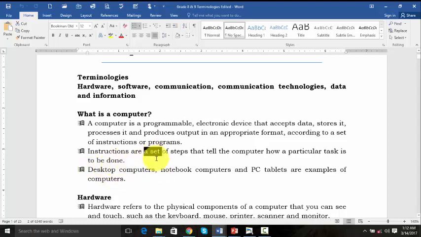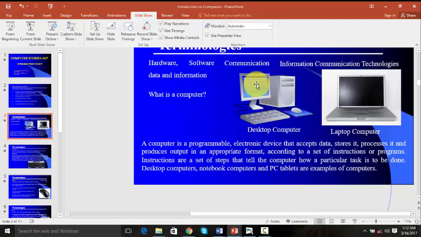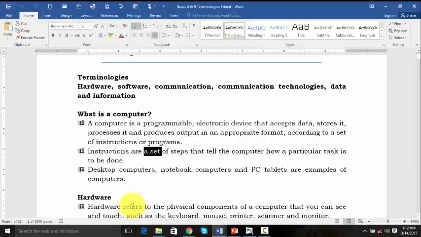Now, after defining what a computer is, and also looking at how this computer works, it is programmed, it uses electricity, it accepts data which is text, video, then we have got images and audio. Then we are going to look at the types of computers we have. Already here we have discussed the desktop computer and also a laptop computer. Some other types of computers, for example, like the PC and tablets, will be discussed in the other tutorials which are to come for you children at junior secondary school level.